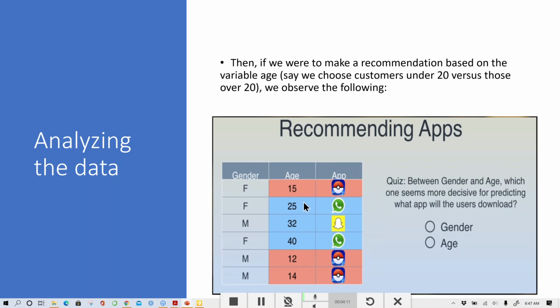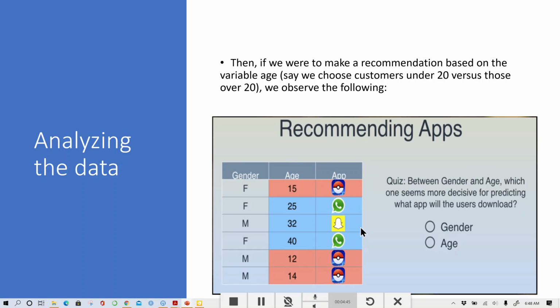Whereas for those who are older than 20 years old, they preferred WhatsApp to Snapchat. So it appears that in using age, which we discussed in the last class, we were able to have a more decisive route to go. Those who are under 20, simply recommend Pokemon to them, and for those who are above 20, we can recommend either